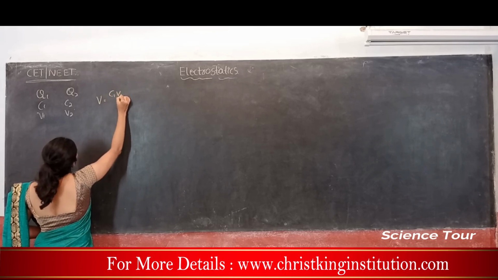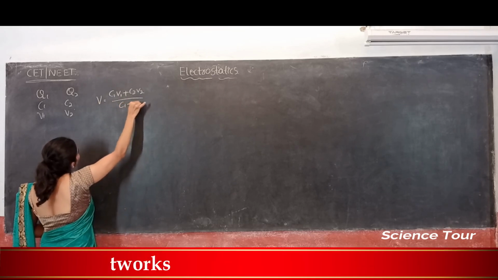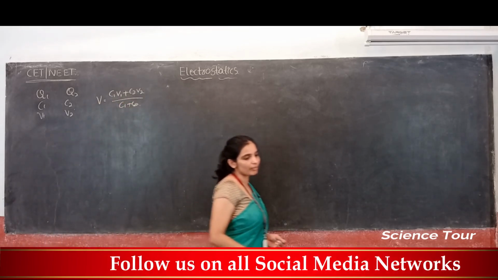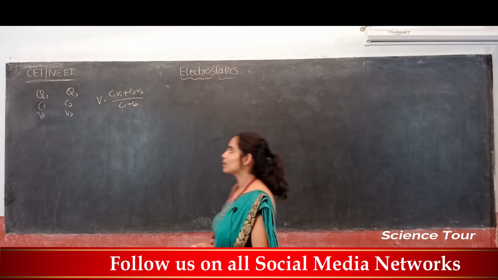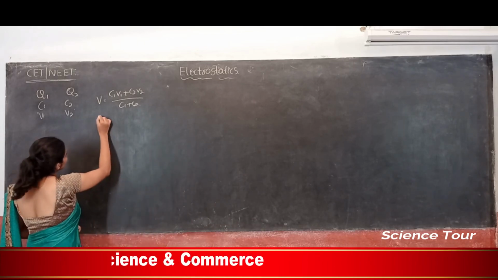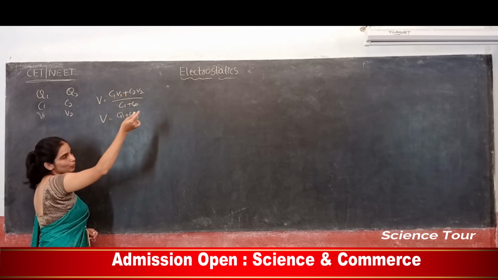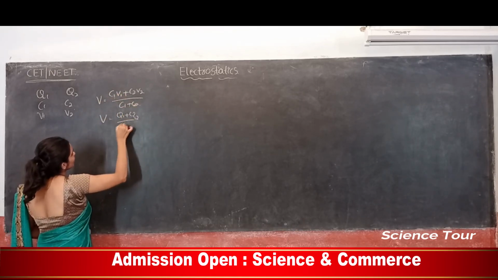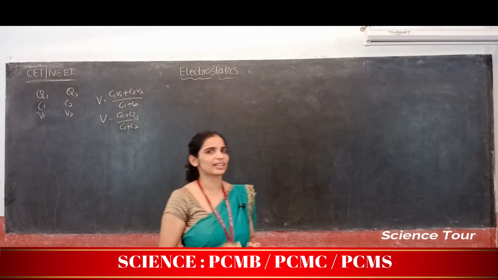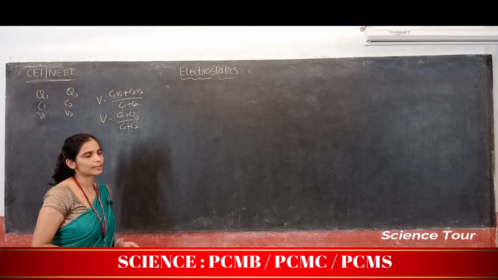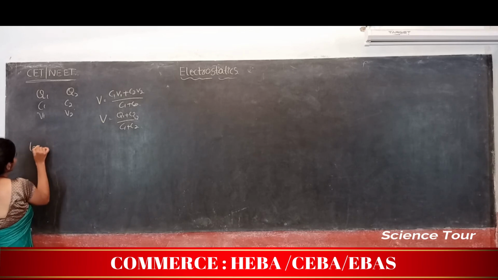C1 into V1 plus C2 into V2 divided by C1 plus C2. Or in terms of charge, you can write it as Q1 plus Q2, because C1 into V1 is Q1, C2 into V2 is Q2, divided by C1 plus C2. When those charged bodies are connected, the energy will be reduced. Loss of energy,